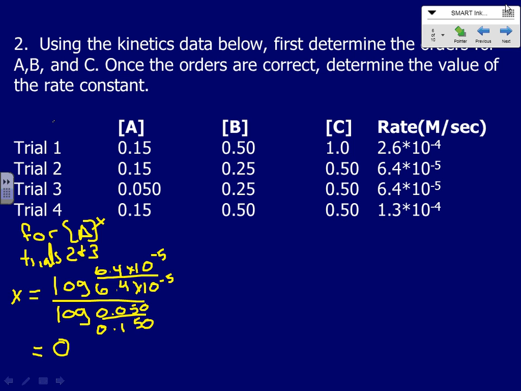And there's multiple ways you can see that. You can see that here. The rate doesn't change when I change this. That's no effect. That's a 0th order effect. Or if you plow on through with your calculations, you get 0. That's fabulous. Either way. For B,